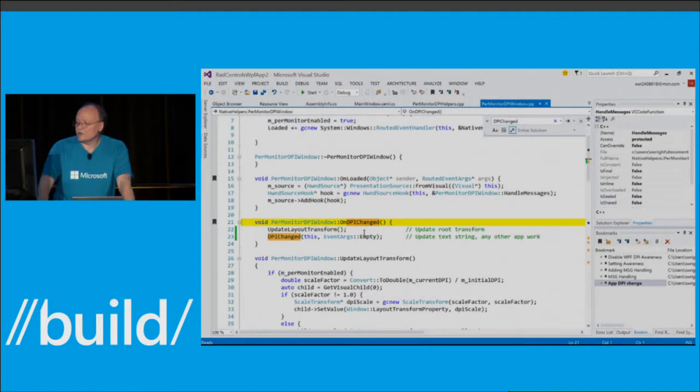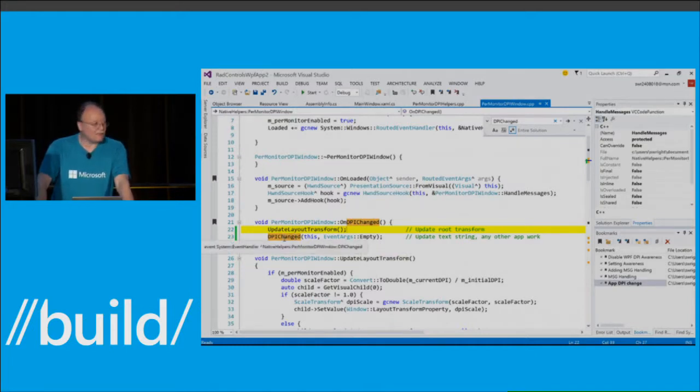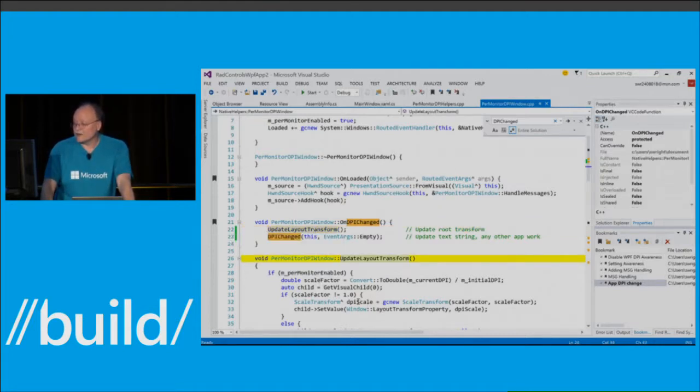There's two parts of it. The part that you need to do for any WPF app is to update the layout transform. I'll get to that in a minute. And then you can also, if you're going to do any app-specific things, and if any of you saw James's talk this morning, he went into that routine and commented out some code so as to change the presentation for different DPI. The thing I wanted to focus on here is that the update layout transform changes